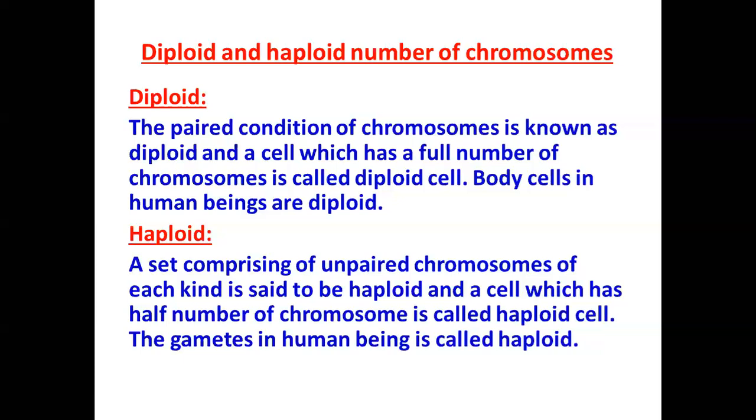So diploid state of organism is originated during the process of fertilization of sexual reproduction. During the fertilization, two haploid cells or gametes of different types, sperm of man and ovum of women, are fused together to produce a diploid egg. This egg divides by mitotic cell division to form numerous diploid body cells, making the body of the diploid organism. Clear?